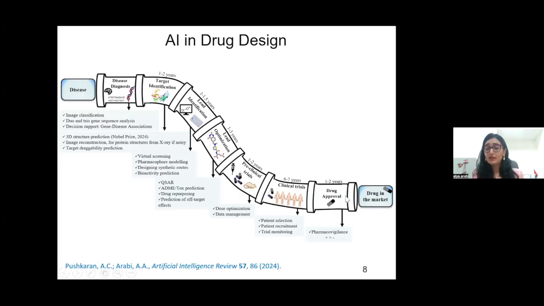And last but not least, drug approval. So overall, you want to know whether the drug is okay to be out there. You want to know whether the FDA will at all approve it. There are already some tools where you can give them the structure of the drug and ask, do you think the FDA will approve this drug, yes or no? And all the way to drug marketing. Even if you want to market the drug, if you want to target certain people over others, there is AI in marketing.